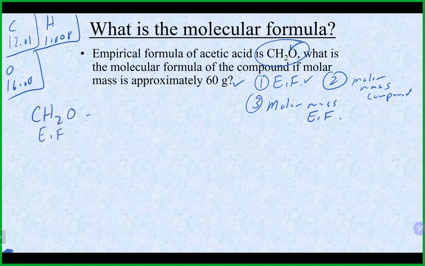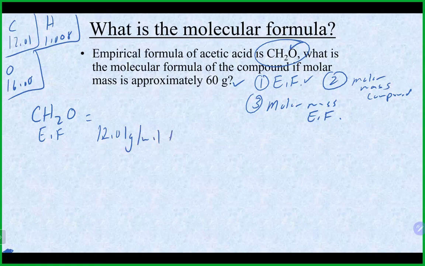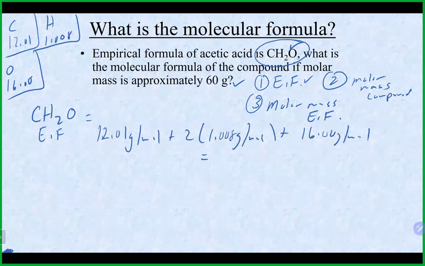To get the molar mass here, again, just adding up the parts: 12.01 for our carbon, plus 2 times 1.008 for our hydrogen, and 16 here for our oxygen. That's going to give us a molar mass of about 30.03